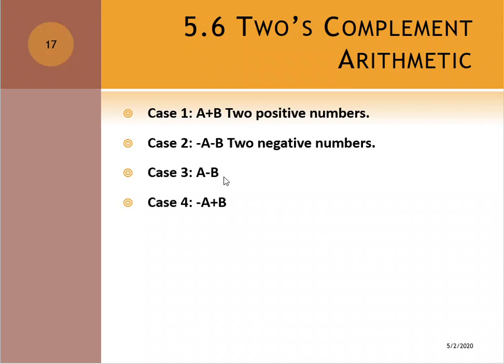Case 3, a minus b. One positive and one negative. The number with larger value minus the one with a smaller value. Case 4, one negative number and one positive number. The negative number is to be added with a positive number. So we're going to see one by one. First one,